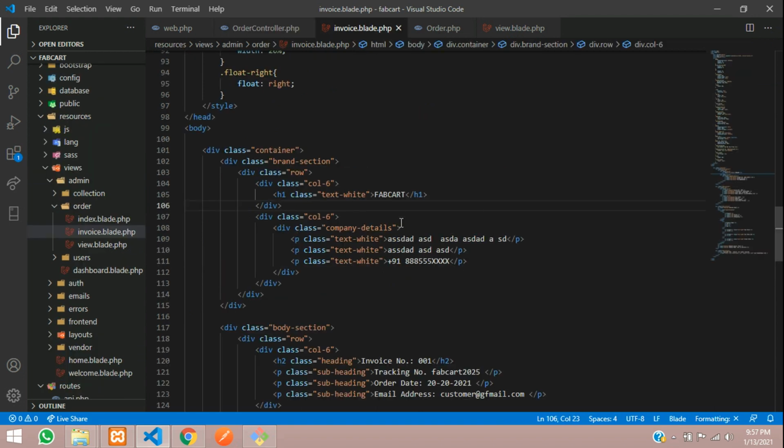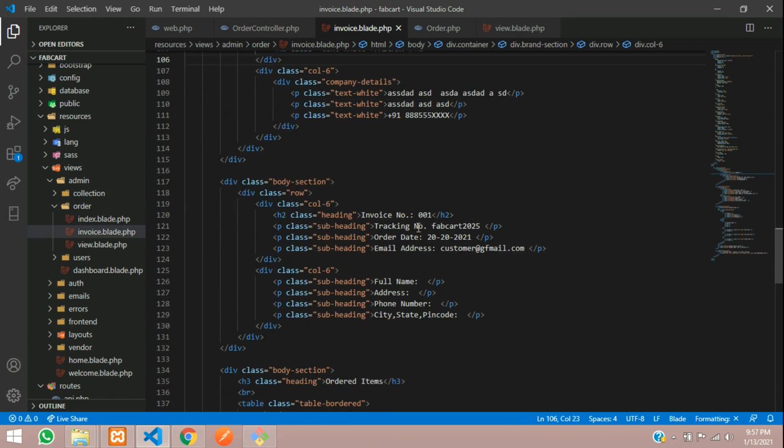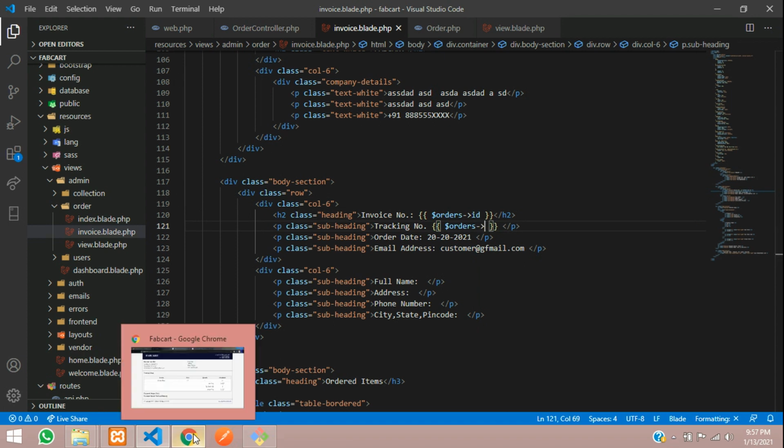Okay, so this is the page now, and over here you can call your order ID. So let's call that $order, where you can call this order ID. Done. And the tracking number. So the tracking number is nothing but the tracking number of your order, which we have already stored in the database. So let me just check it.